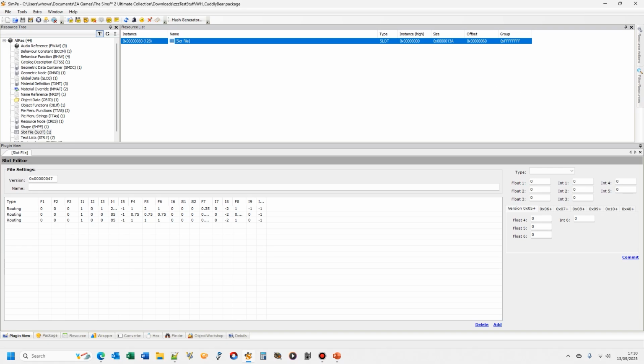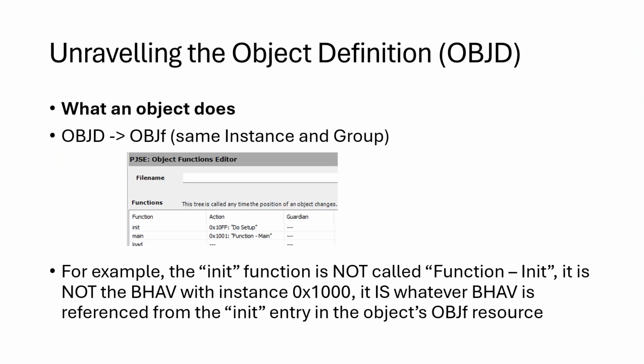So say you want to create a custom TTAB for an object that doesn't have a TTAB, would you import the semi-global, or would you tell the OBJD to point to a different TTAB? Which would be better? If you want to keep most of the functions on its existing menu, import the semi-global. If you just want to create some new entries, and you're not worried about the fact that the cuddly bear is a painting, interesting concept, then you could create a new one, or you could just import one from an object that has very similar